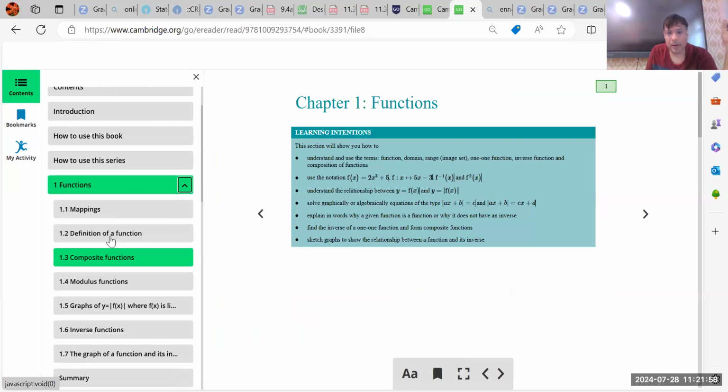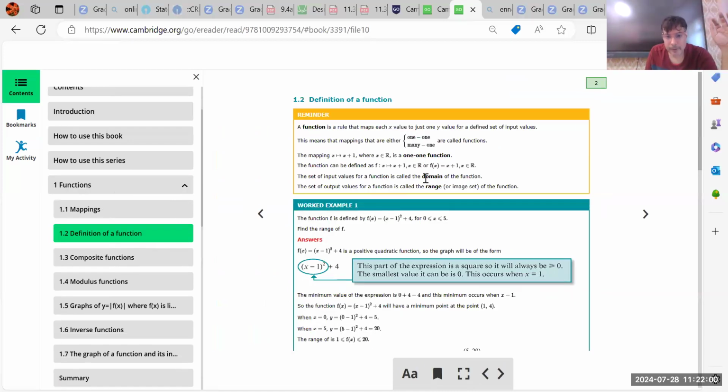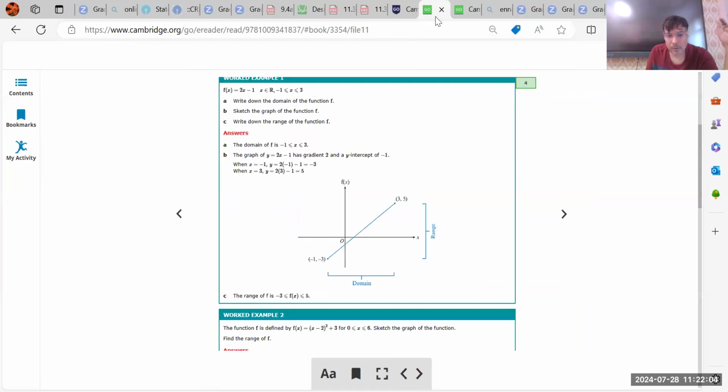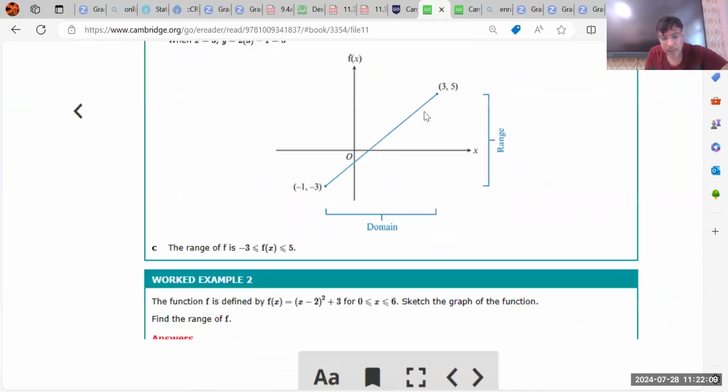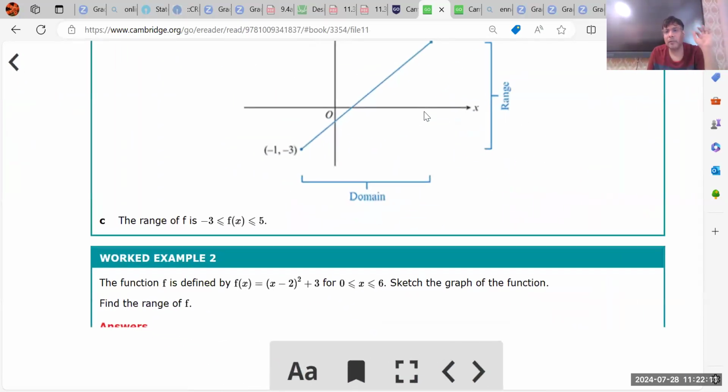So 1.2 definition of a function. Now guys, you have to sketch the graph of this. तो पहला क्वेश्चन है, मैं एक्सप्लेन कर देता हूं. ग्राफ में guys, all you will notice here is that your domain starts from